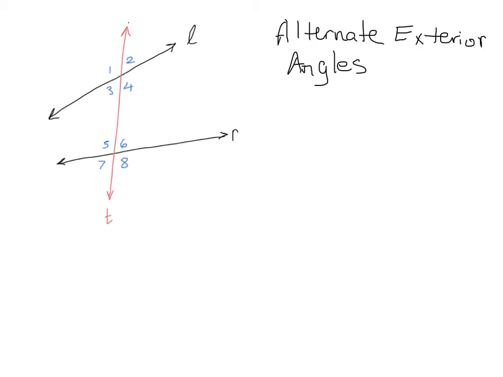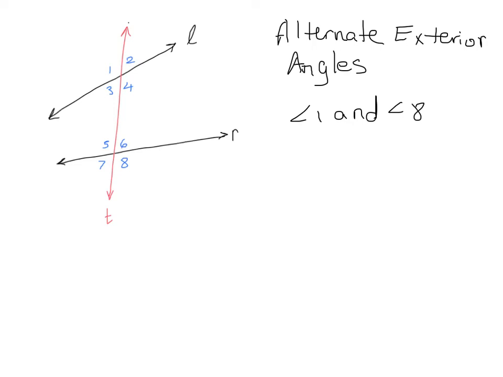And we just spoke about what it meant to be alternate angles. So they're non-adjacent and they're on opposite sides of our transversal. So even though 1 and 2 are on opposite sides of the transversal, doesn't work because they're adjacent. So we have to go with 1 and then on the right side all the way down to 8. So angle 1 and 8